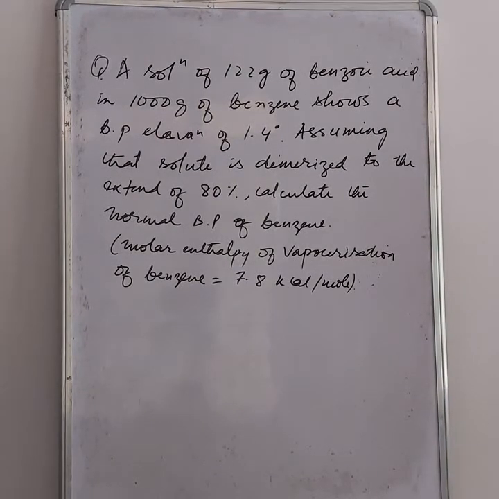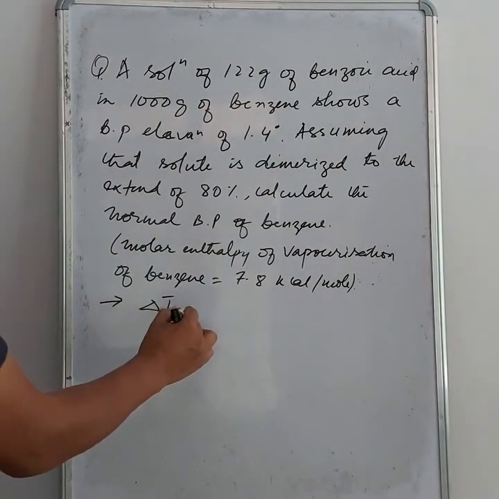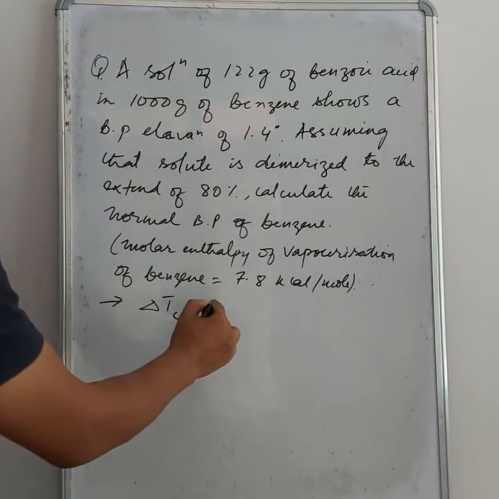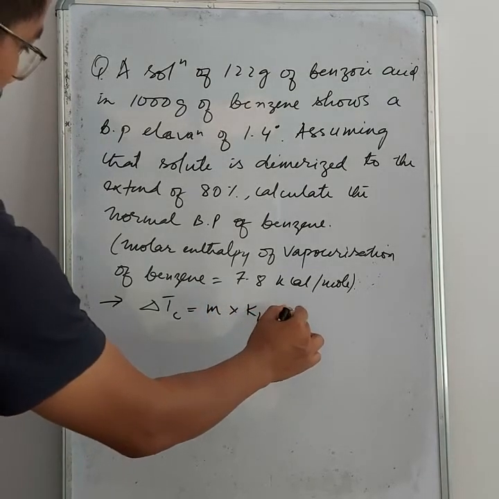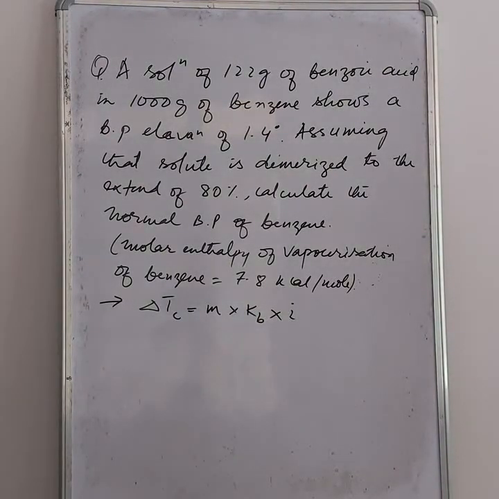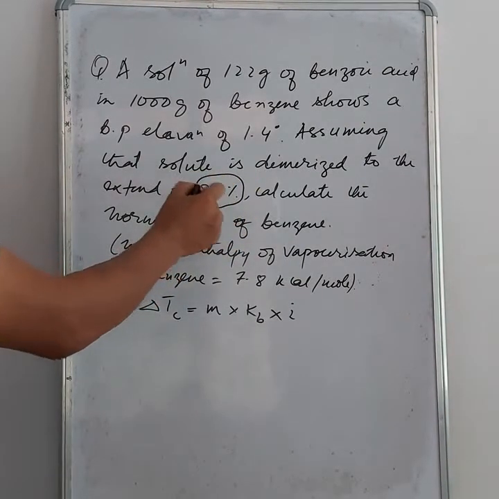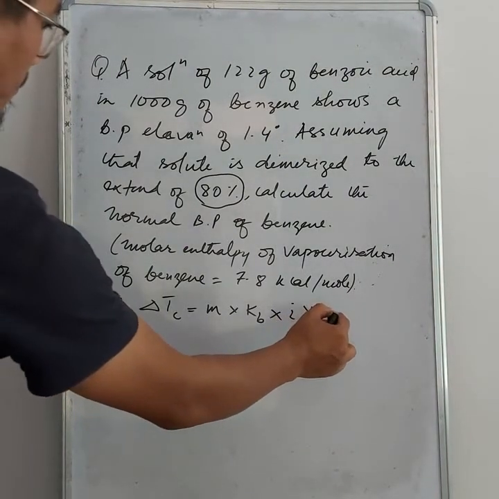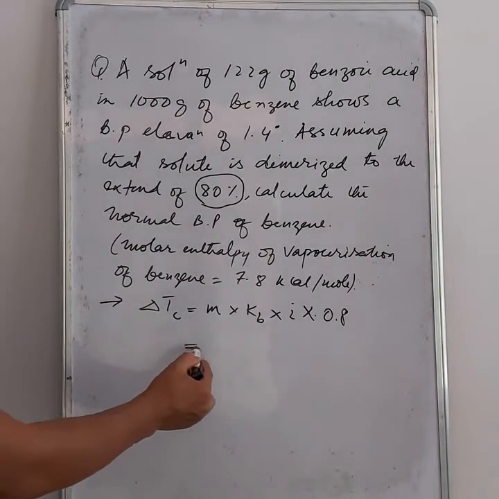So we know that the change in the temperature is equal to molality into ebullioscopic constant into the 1/2 factor, and don't forget that it's dimerized, 80% dimerized. That means 0.8 is dimerized. So once you plug in the values, you'll get around